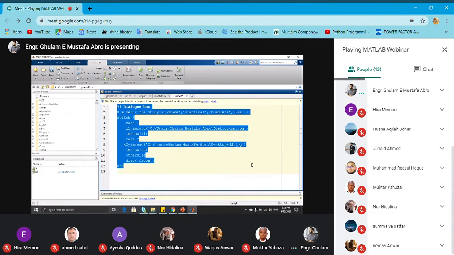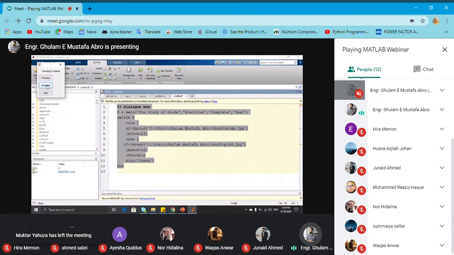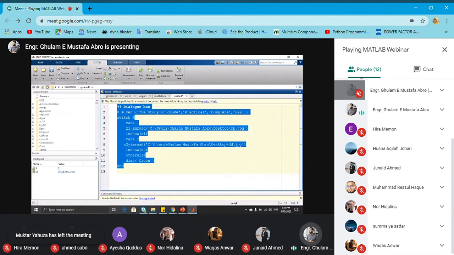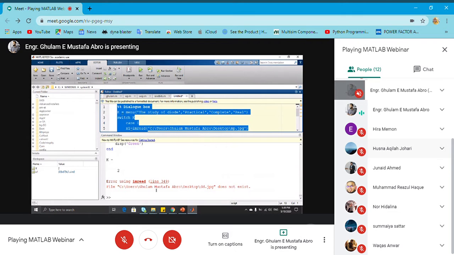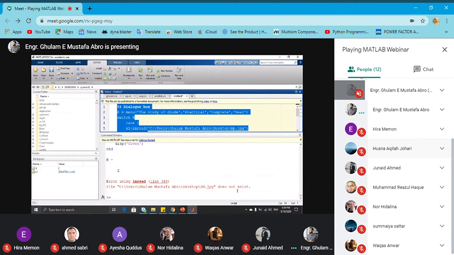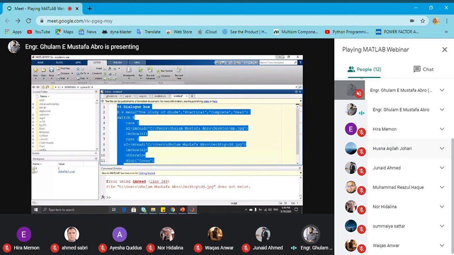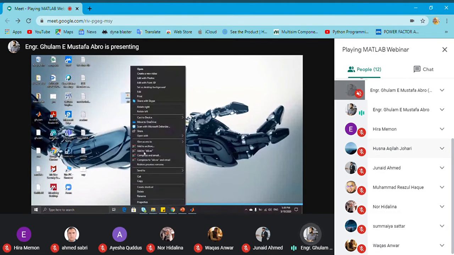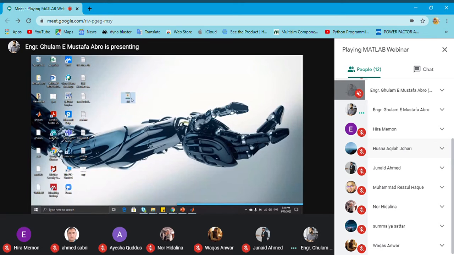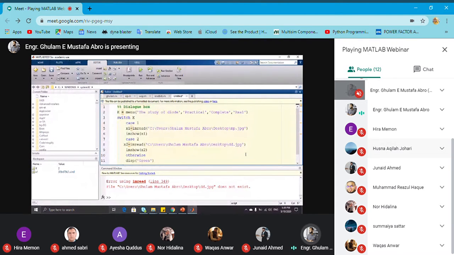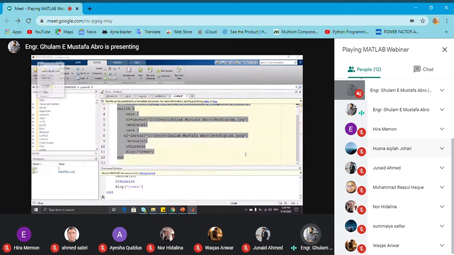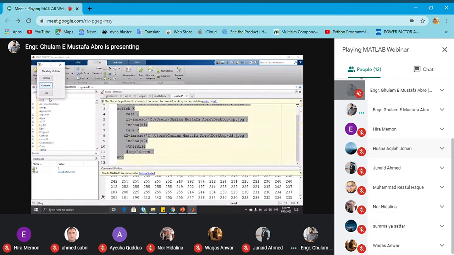If I just run it now, and if I click on complete, it will show me the picture of the MATLAB poster of our workshop. Okay, what it shows is that DD does not exist. Why? Let me see. This is the DD which is on desktop, so I'll go into properties. Okay, the extension is .jpeg, not jpg. So I'll just write jpeg, and now if I run it and say complete,